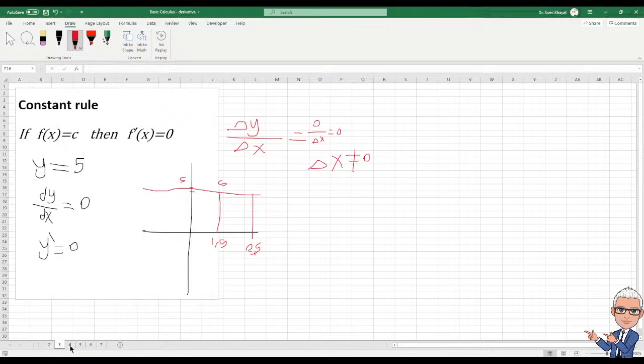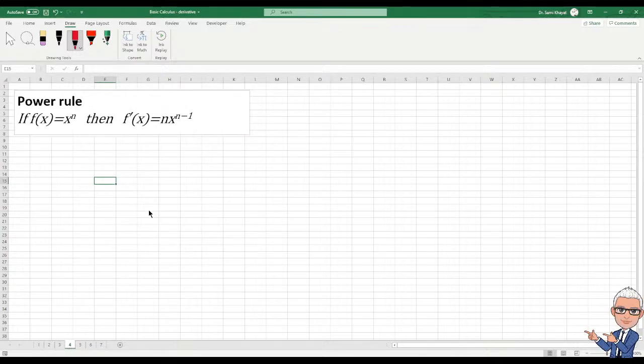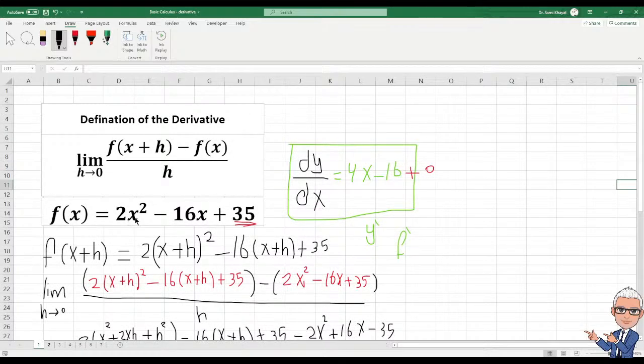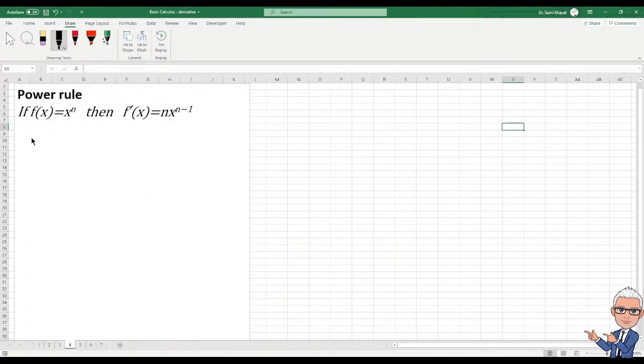Now let's go to the second rule. The second rule says if you have x power n. Example, what I had in the first one was x squared. Let's say y equals 2x squared. Now, if you want to get the derivative, which is y prime,